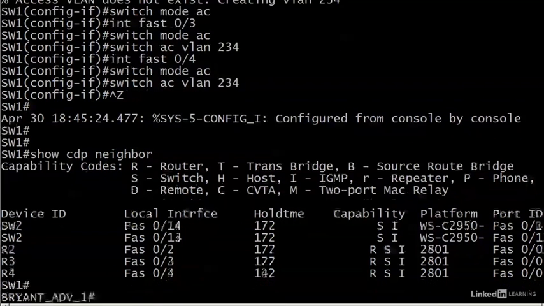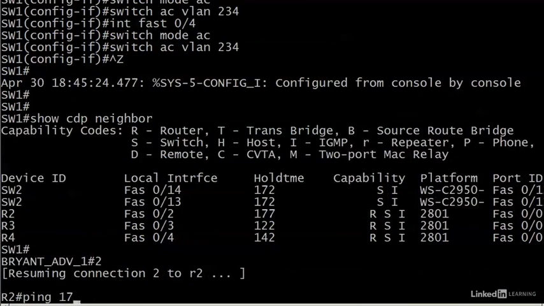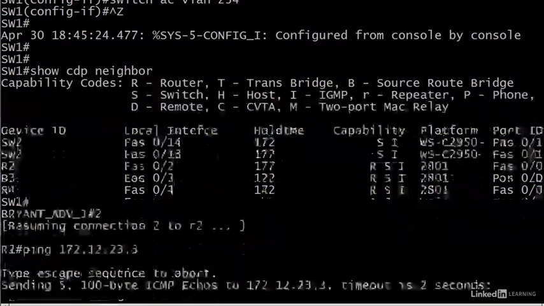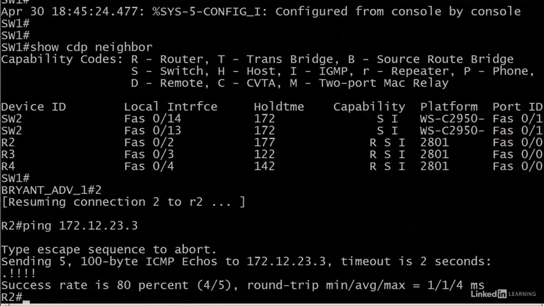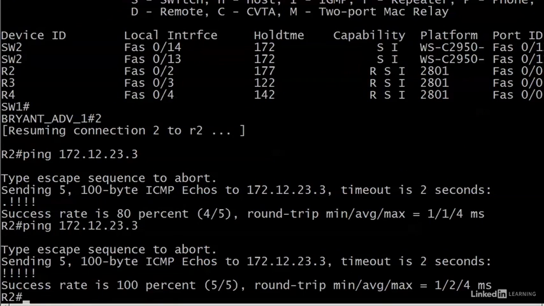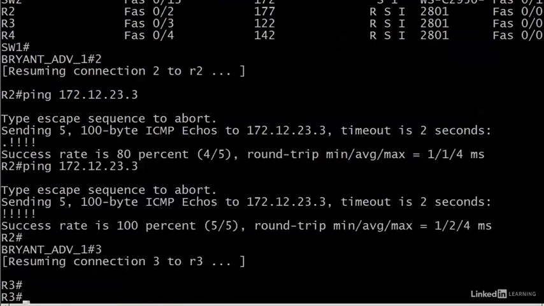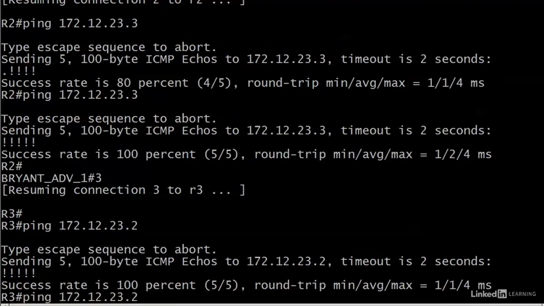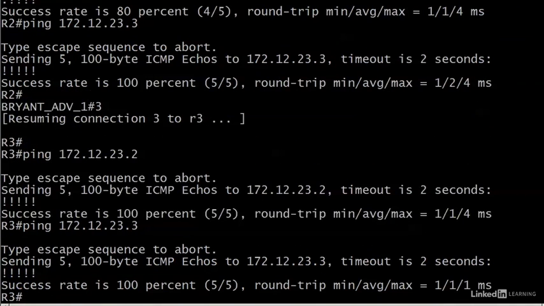But let's go to router 2 now and do a ping 23.3. And it's okay to lose that first ping packet when you send your first successful ping over. If I send this one, it should go 100%, and it does. So we're looking good there. Let's do a ping 172.12.23.2. Looks good. So we have solved that issue,